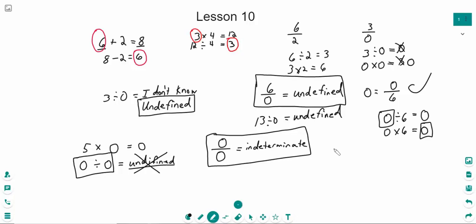All right. Now, next, if I clear the page here, we're going to talk about the commutative property of multiplication. So this one's pretty straightforward too. So we already talked about addition and subtraction. If I have 2 plus 4 minus 2 plus 1, right? If I have something like this,